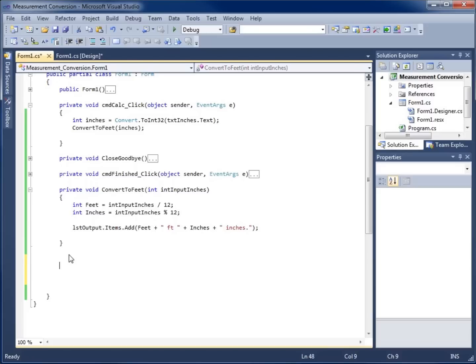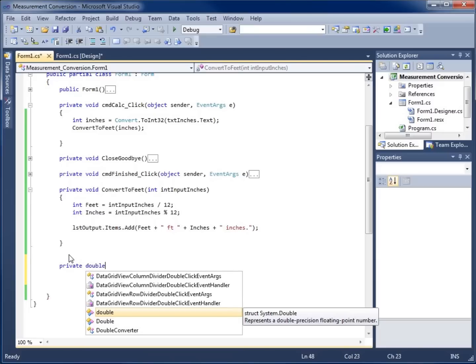So let's go ahead and call this one private. We'll start off with private, and instead of void, what I need to type in here now is what kind of data type is going to be returned. And of course we've got strings, doubles, integers, chars, all kinds of different things that we can return back as a data type. I'm going to use a double this time,